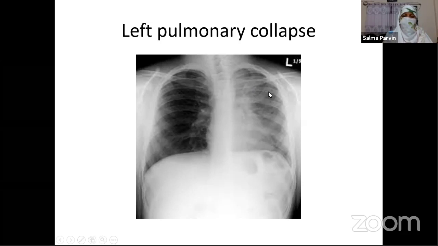Of course, there are differential densities used as a terminology to describe that the density is increased, but it is different at different places. So there is differential density, consolidated densities seen in the left lung field. Even then, while I'm saying that this is a collapse, it looks like a consolidation. Even then, we are saying yes, this is a collapsed left lung. Why? Because